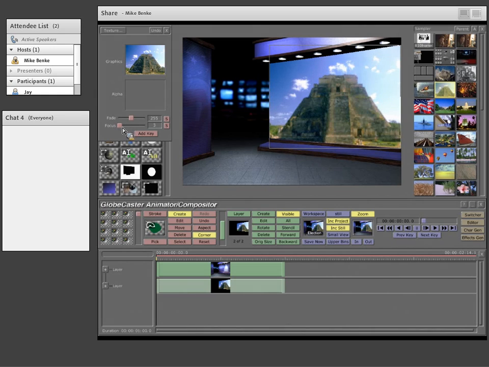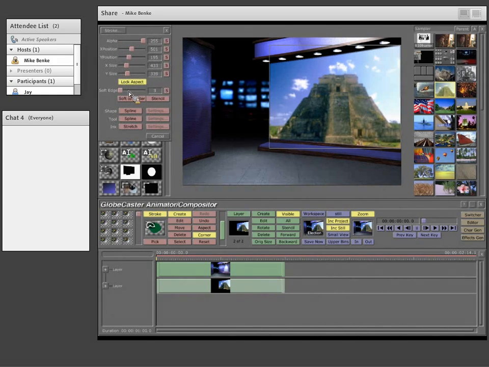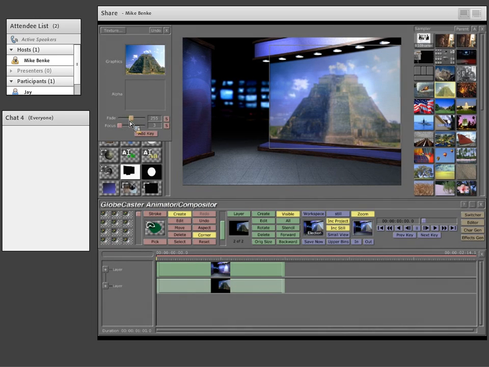Yeah, and then I would also give it a little bit of a soft edge, and maybe bring the alpha back a little bit on it, or darken it. Let's see here. How would I darken that? Texture. I guess I would have to create another